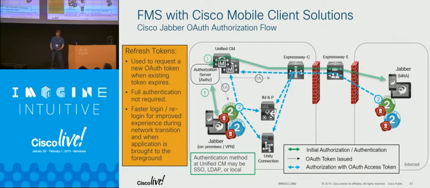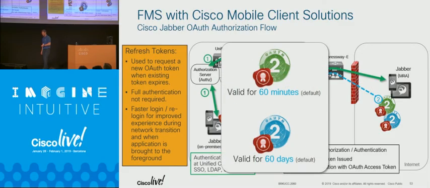But the idea behind a refresh token is I don't get prompted ever for username and password, or not very often. And specifically, those timers are 60 minutes for your OAuth token, so whenever the authorization server gives me an OAuth token, it's good for 60 minutes. But it also gives me a refresh token, and that refresh token is good for 60 days by default. All right? So when I go to log in the first time, I get my OAuth token. After 60 minutes, that OAuth token is going to expire,